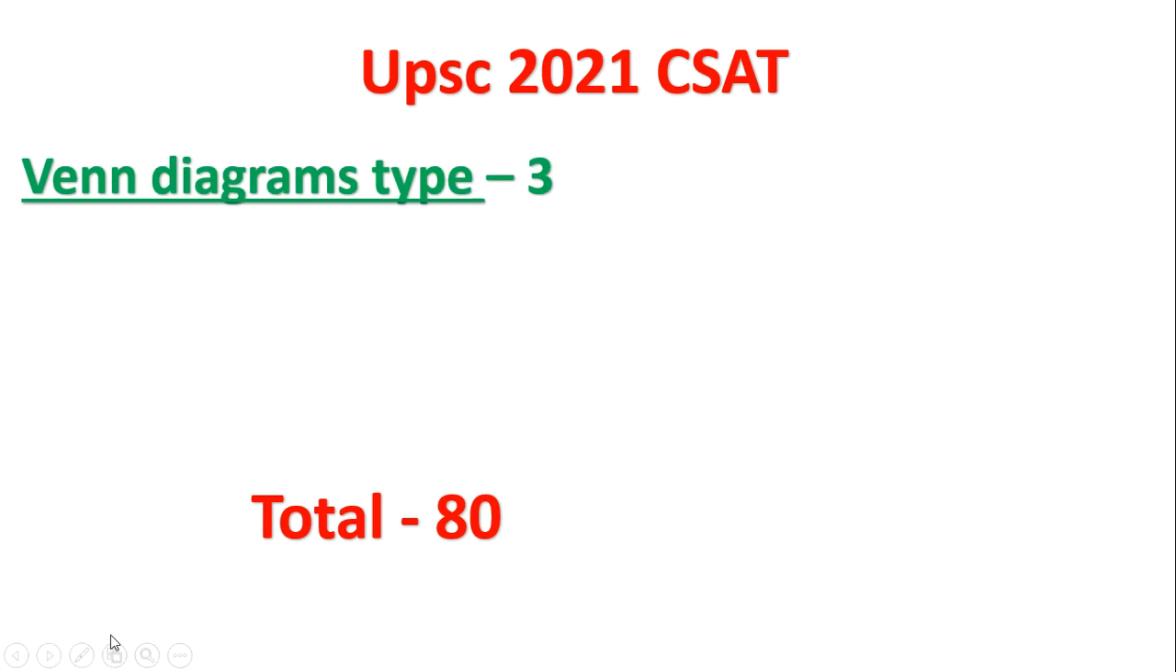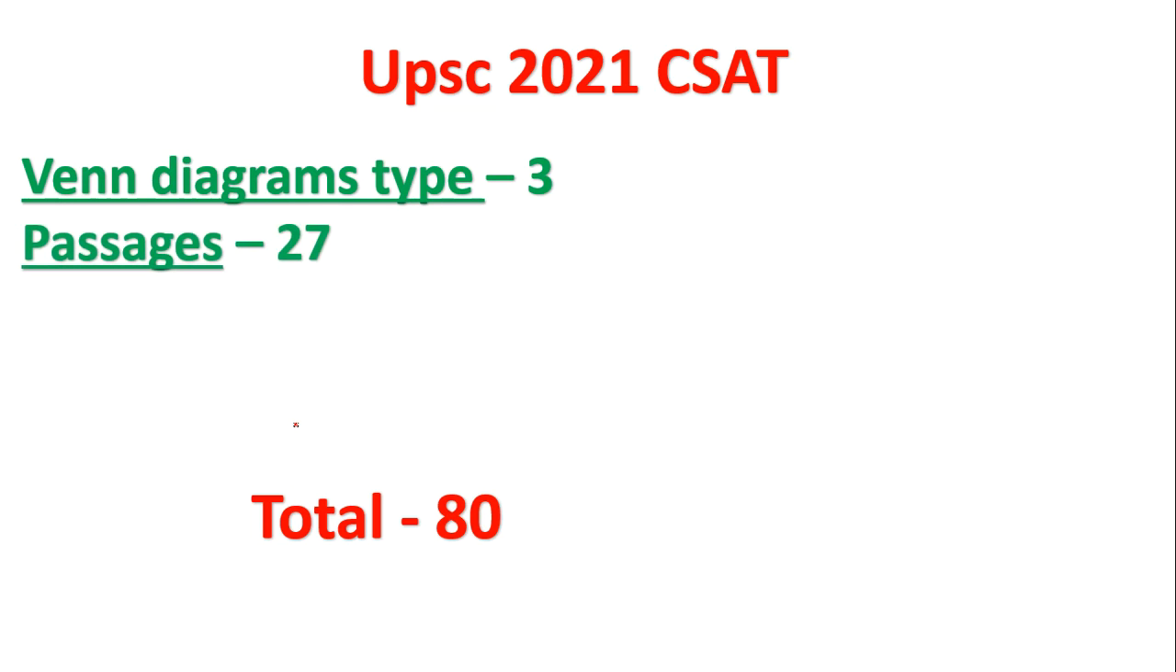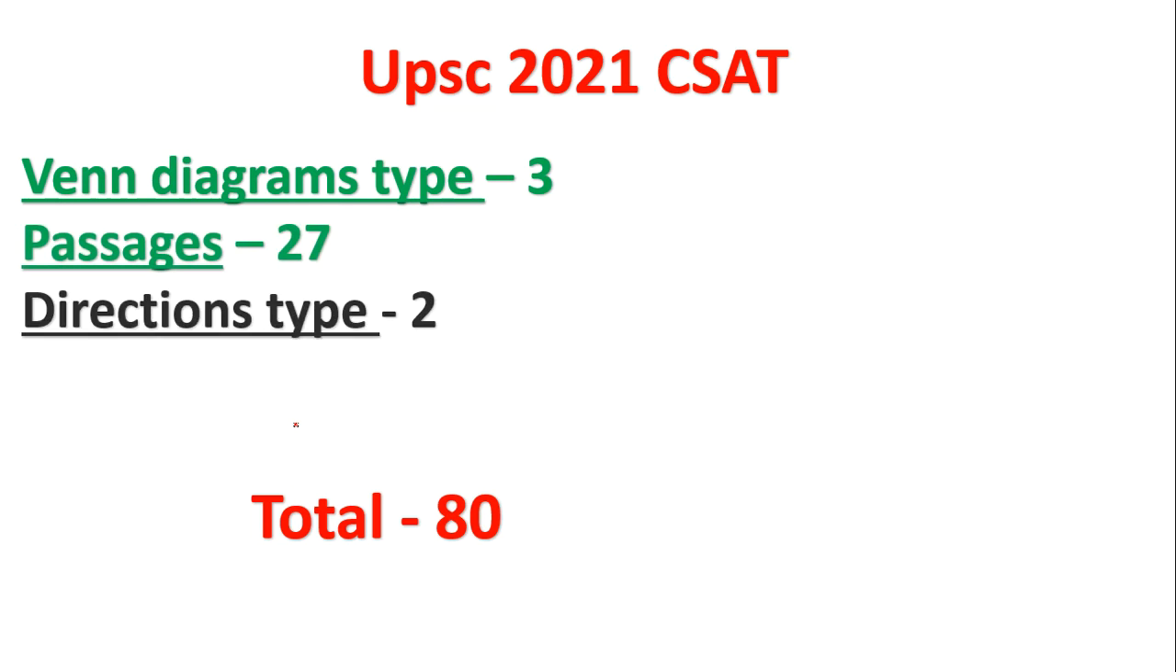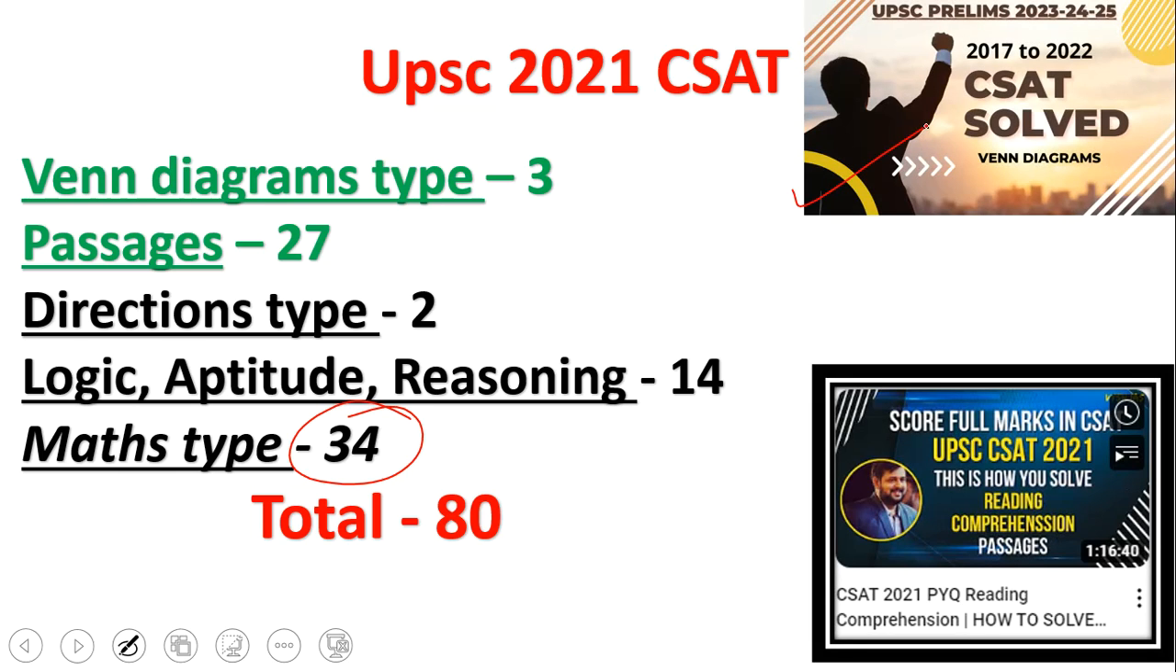So the CSAT paper, we were discussing one by one the different types of questions. Venn diagram we have already discussed, passages we have already discussed, and then we have directions and logic, aptitude, reasoning, and maths. Okay, so in this video we'll discuss maths, 34 questions, and for Venn diagram and passage, please see these two videos. Okay, here we have discussed all the 2017 to 22,